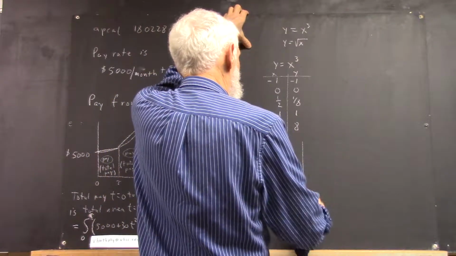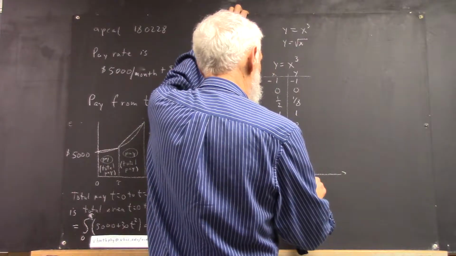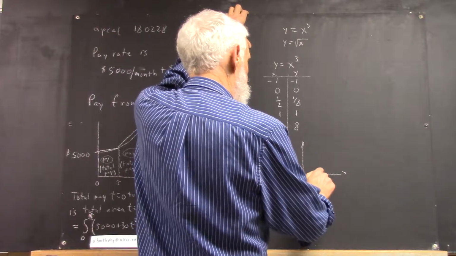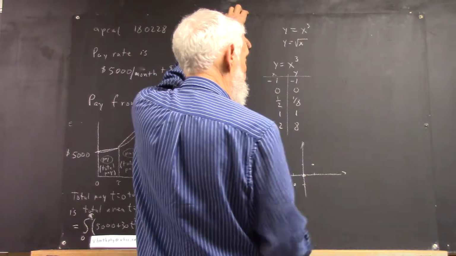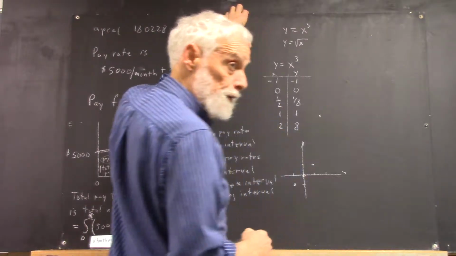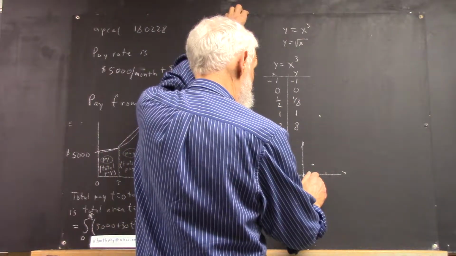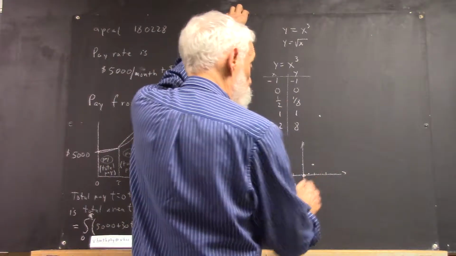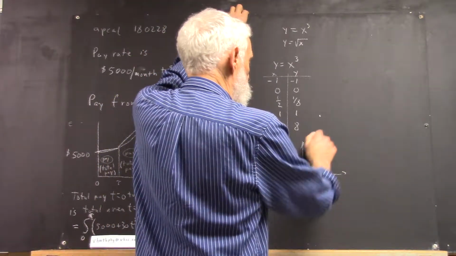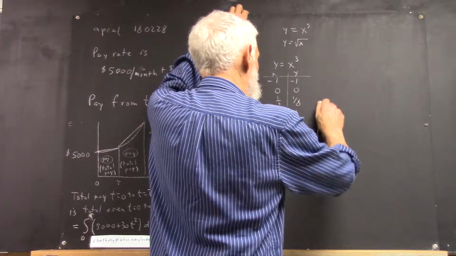So if I want to draw the graph, I've got the point -1, -1. I've got the point 1, 1. And I've got a point 2, 8, which is going to be up here quite a ways. Okay? I've also got the 1/8 here, which is going to be much closer to the origin. So I can see that I've got something like a parabola, but it's flatter here and steeper here than an